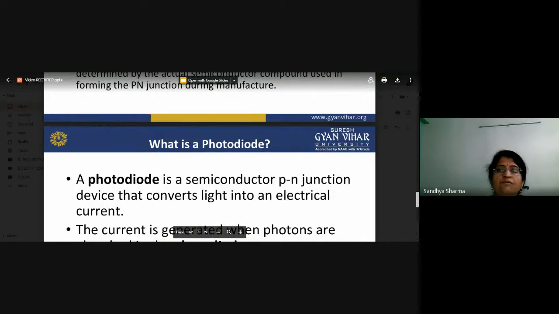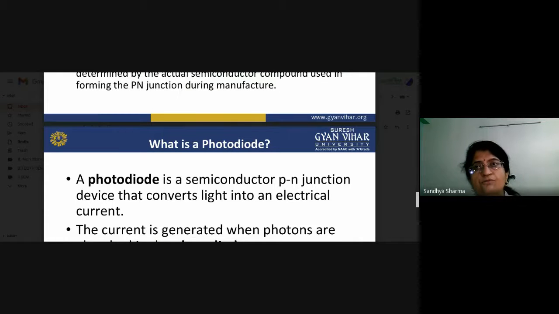Now we will move to the photodiode. In our optical fiber communication, we can see there are uses of LEDs and photodiodes. If we are talking about the transmitter section, our signals are transmitted in optical fiber in the form of light. So LEDs work in the transmitter section of our optical fiber because they convert the electrical signal into the form of light. That is the LED.